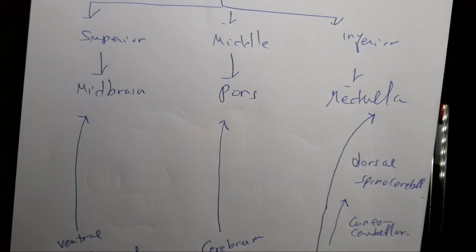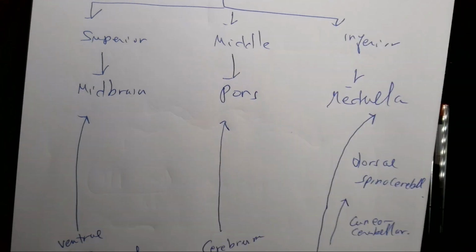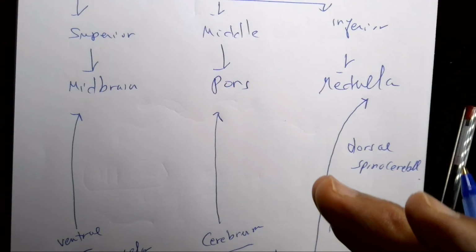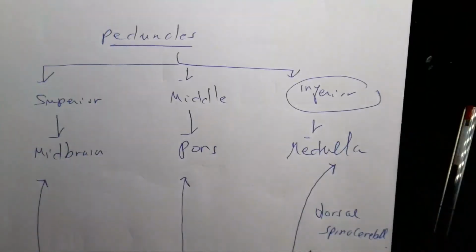In addition, of course, through the inferior peduncle, the olivary nucleus sends information, and the vestibular nuclei also send information, and the reticular formation. So the inferior peduncle is considered to be the main entrance for